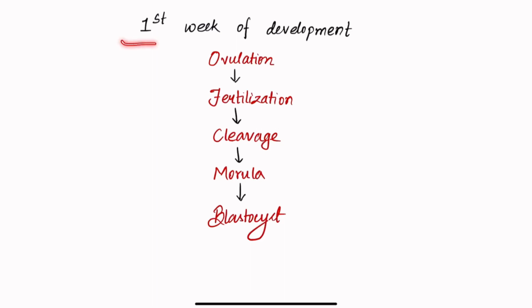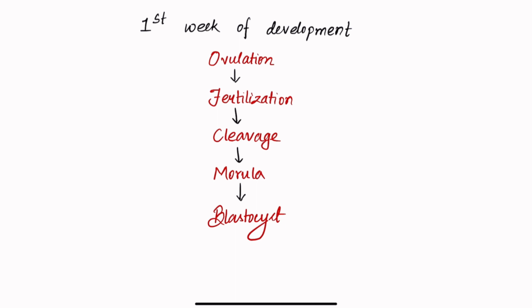The first week of development contains the following stages. Ovulation. So the secondary oocyte ovulates out of the ovary. Fertilization. The definitive egg gets fertilized by the sperm. Cleavage. After fertilization, the formation of zygote takes place, and this zygote goes through the process of mitotic cell division